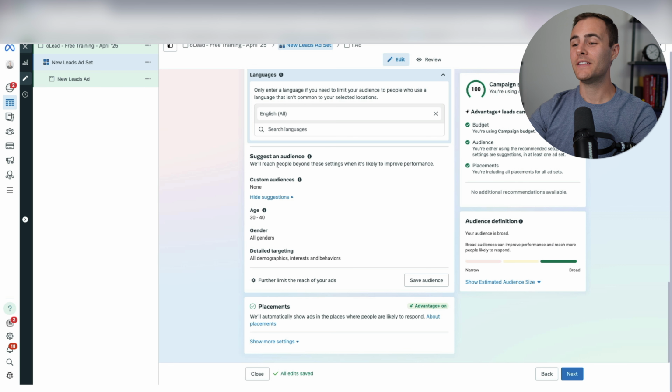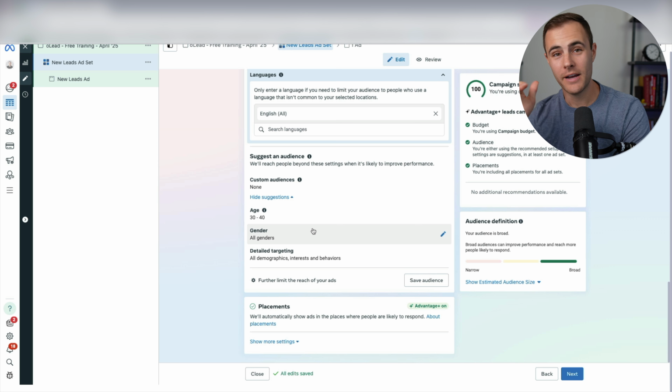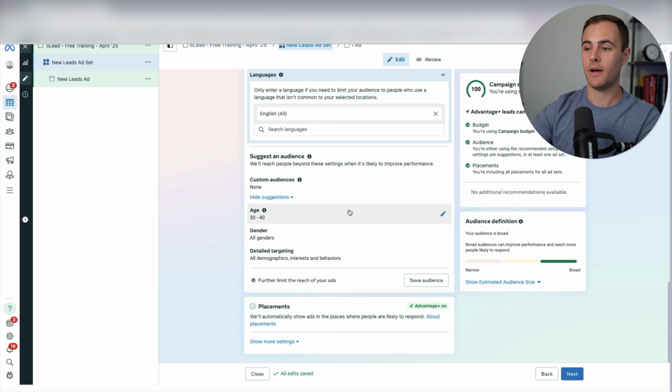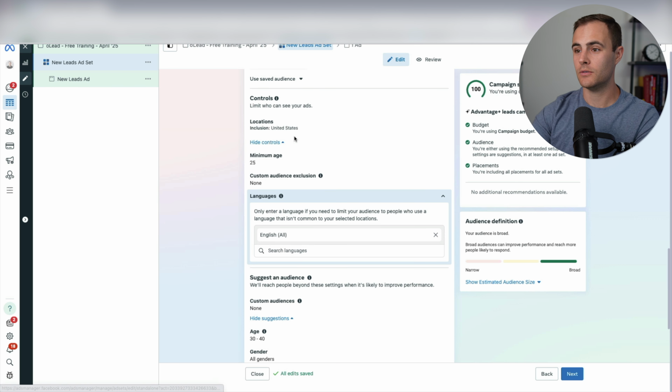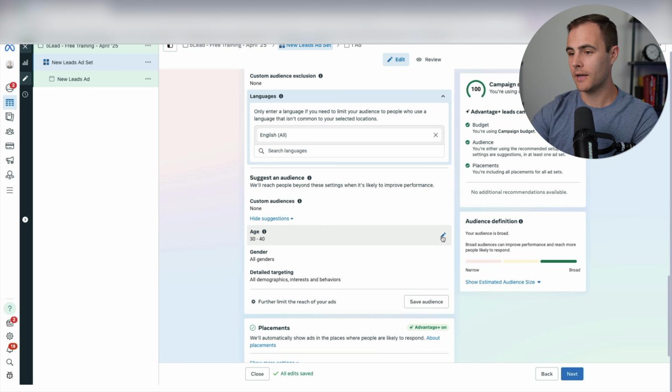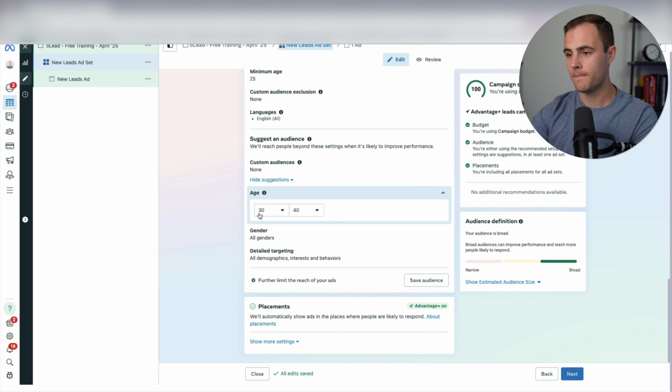And then in the suggested audience section here, we're going to reach people who are likely to improve. What we used to do is say, just try to control your targeting, all that stuff. Man, if you guys looked at my ads, I have broad only. So I will put in my age demographic, and I'll do the control setting up here, and I'll be like, all right, I want this to go to, yeah, like I help coaches who want to scale their